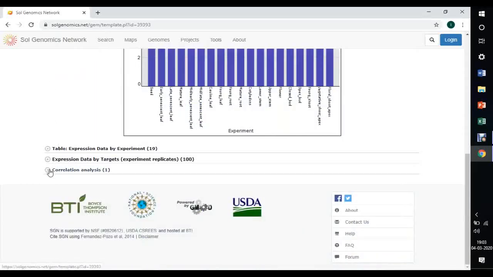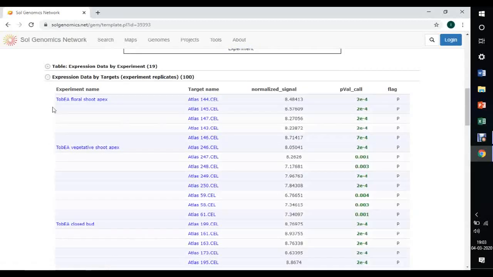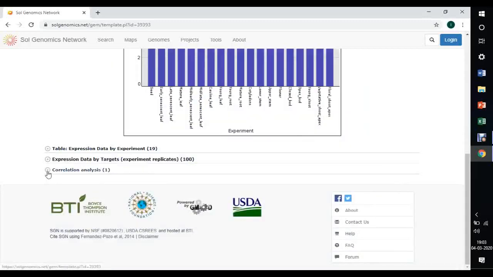Expression data by targets: in this you can see experiment name, target name, normalized signal, and other details.